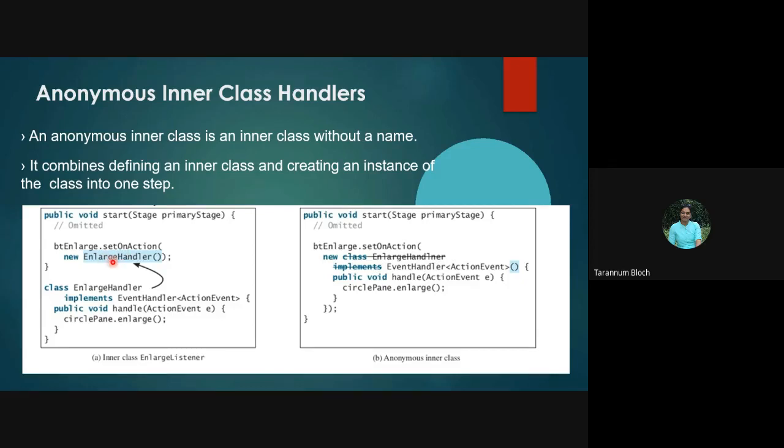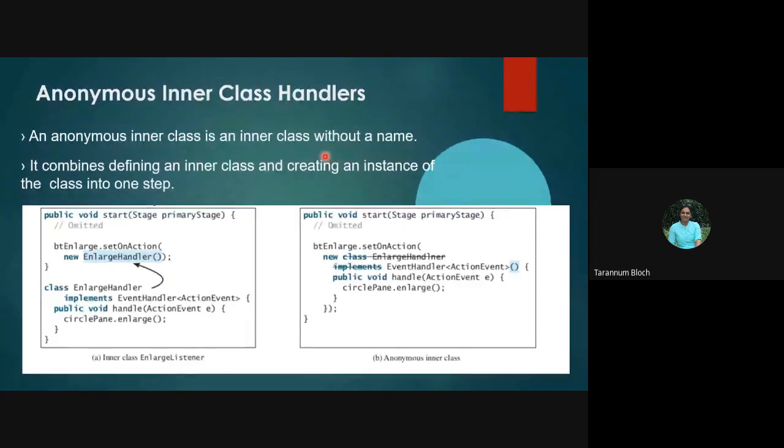At times we are not sure what we want to do, or which action we want to go with. At that time we can go with the generic object instead of a specific object, right? So that we can write like this, you can see here. And when the inner class object is not clear, that we are going to call which class, we can call it as an anonymous inner class.